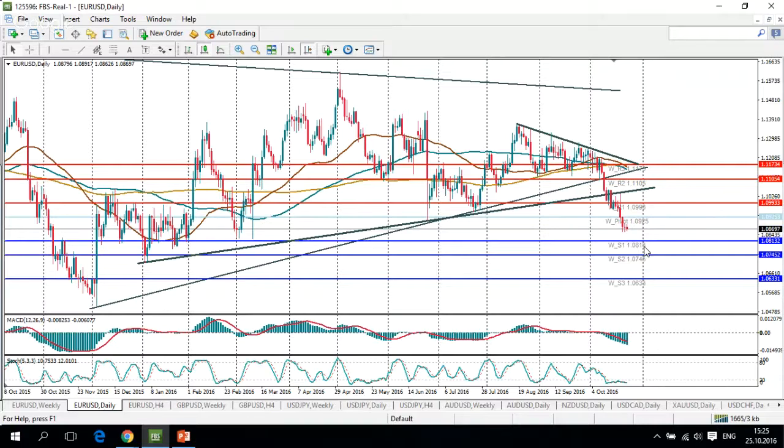It's 108.13. These indicators are really convenient, and last week these pivot indicators did show us a good target to sell